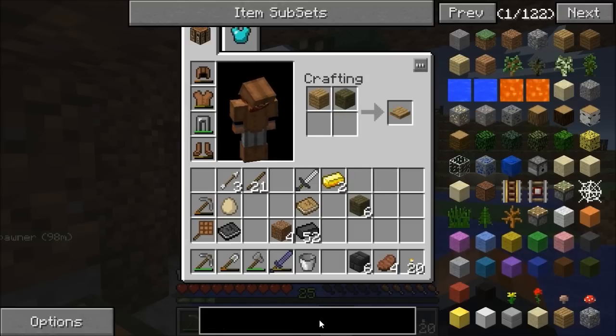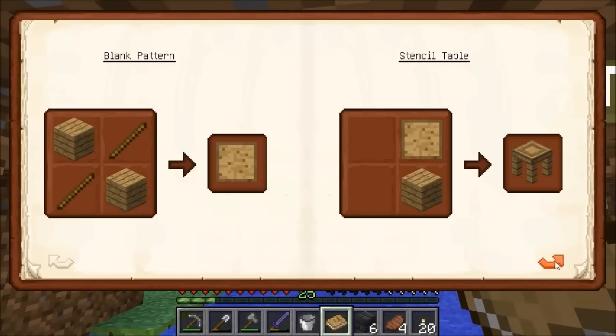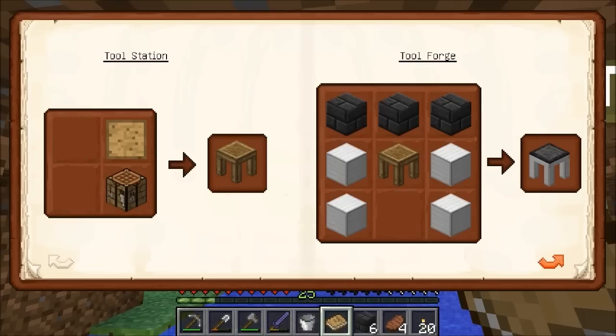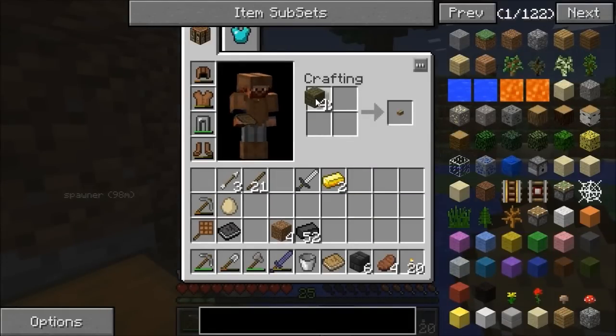They're in the book, aren't they? Let's quickly look at the book. What I need then is blank pattern is sticks. Okay. So I think I need 3 blank patterns, 4 blank patterns. 1, 2, 3. 4 blank patterns, I think. Yep, definitely some more wood. Right,